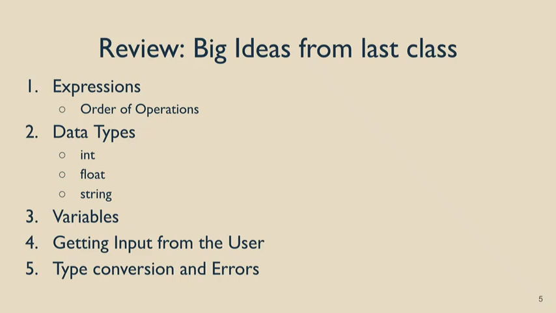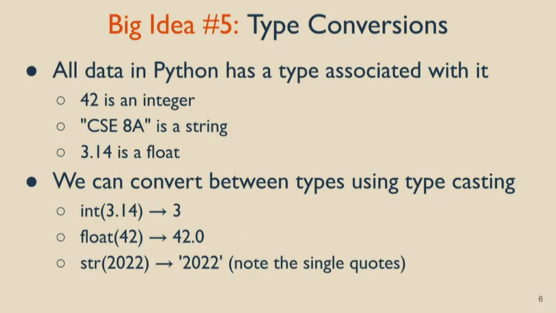We also looked at different data types: integers, floats, and strings. We're going to be using a lot of this today, as well as variables to store information. We also got some input from the user so we can actually communicate with the computer. And then we very briefly covered type conversions, grabbing some sort of data and morphing it into something else, like getting an integer and morphing it into a string, or vice versa. Those are some of the ideas that we covered in class. Since we very barely covered type conversions yesterday, we're just going to cover it right now.